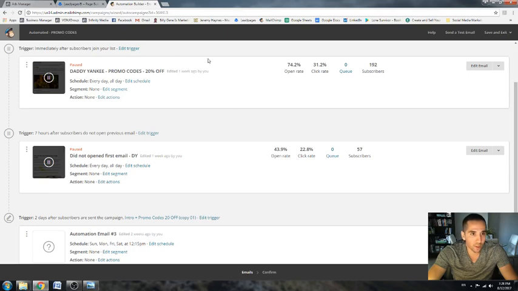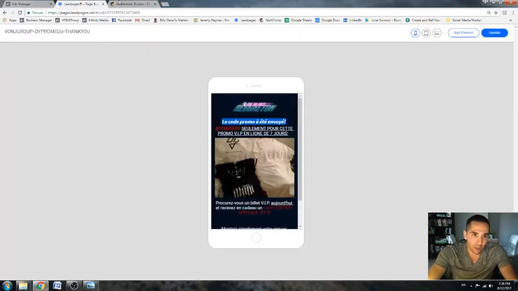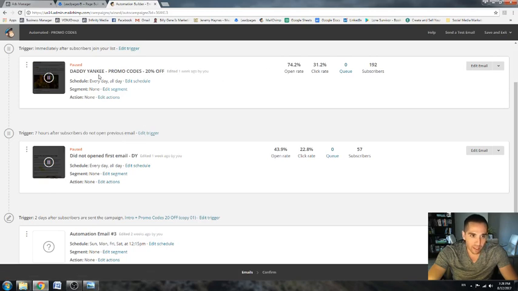This one was triggered immediately after they joined the list, when they opt in on the lead page, the page before that, and they received this email. So the second email was actually the trigger here. It says 7 hours, but it was 2 days at first. Obviously it wouldn't have been triggered if there were only 24 hours left, because it was set at 2 days. So I changed it to 7 hours on the last day, or the last 2 days, to make sure that these guys were receiving their